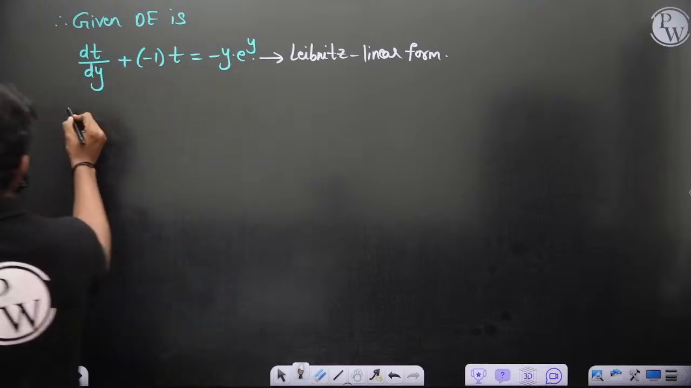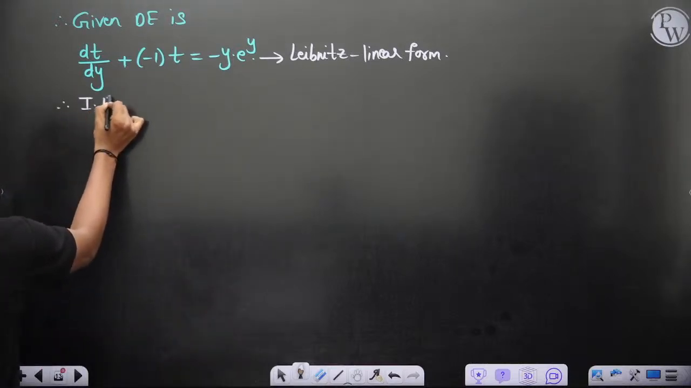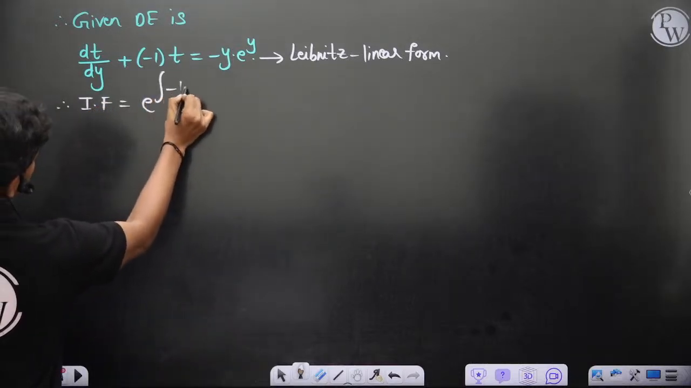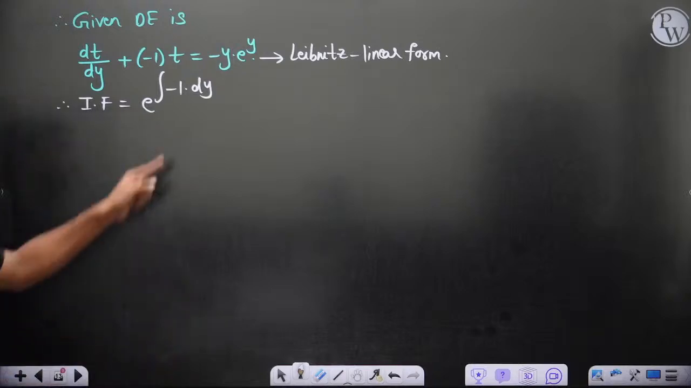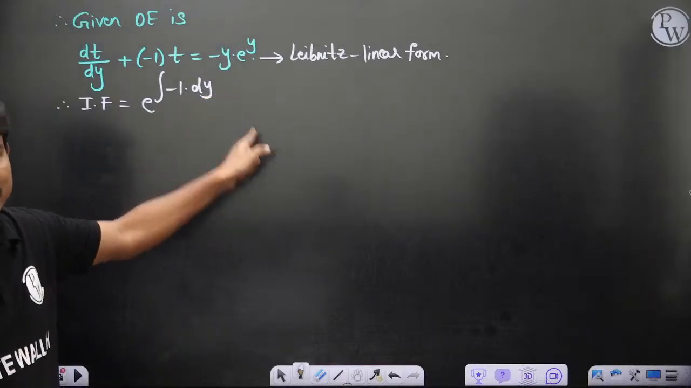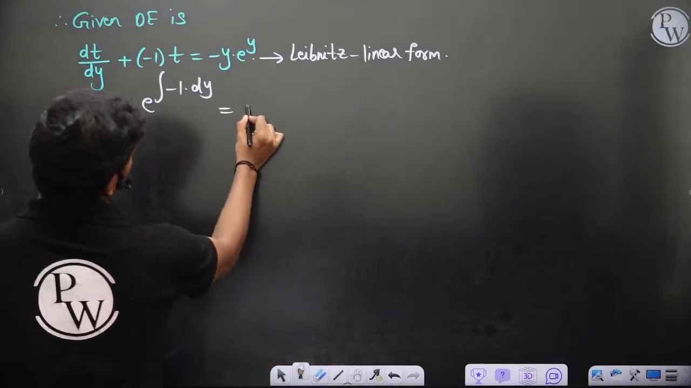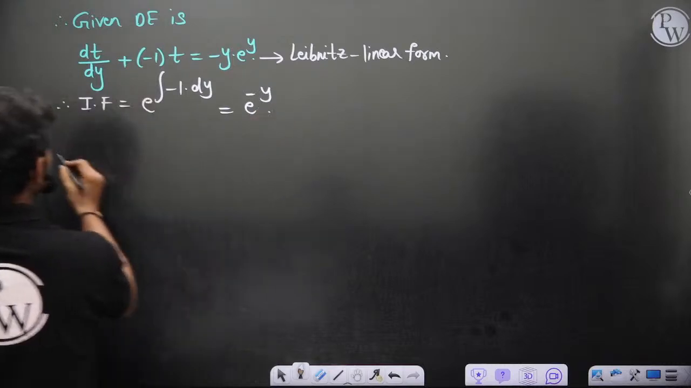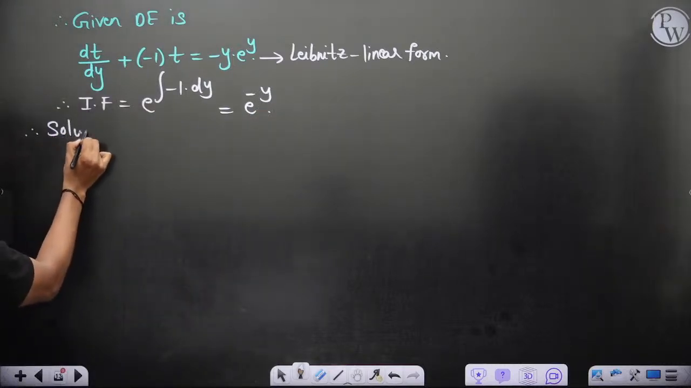Let's go for the integrating factor. Therefore, IF is equal to e power integral minus 1 dy this time, because y is the independent variable actually. So e power minus y is what I get. So therefore, the solution is